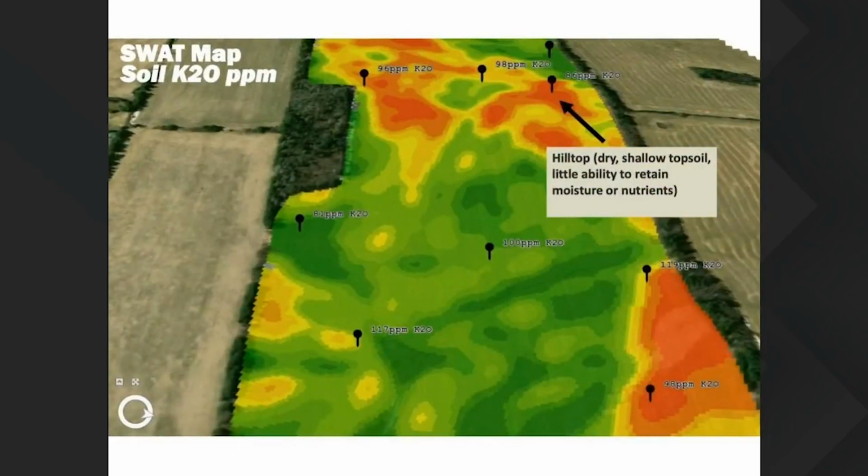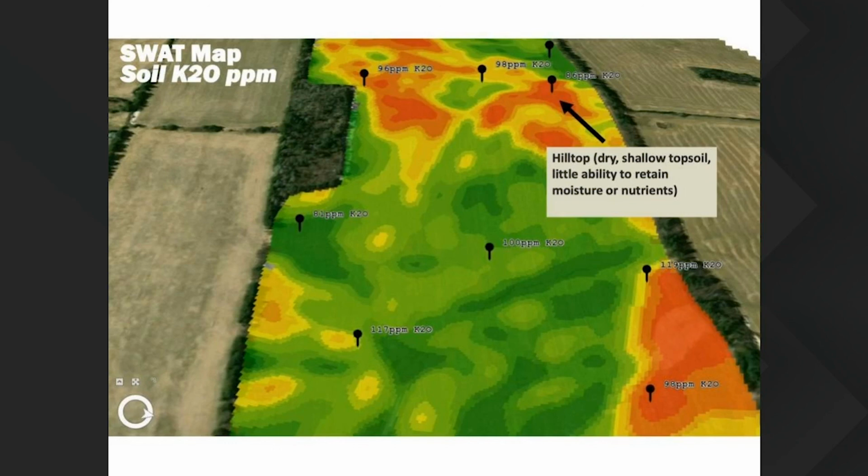I'll just show an example of how an actual prescription file might look based on grid or based on SWAT, and show a little bit of the differences. So this is just showing a field that was sampled using the SWAT method. So you see some samples from the hilltops, some from the lower areas. Not a ton of variability in terms of potash